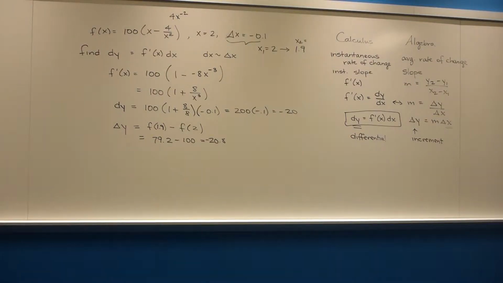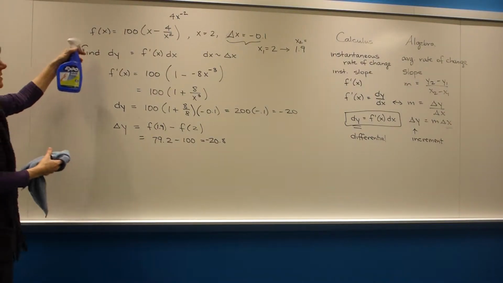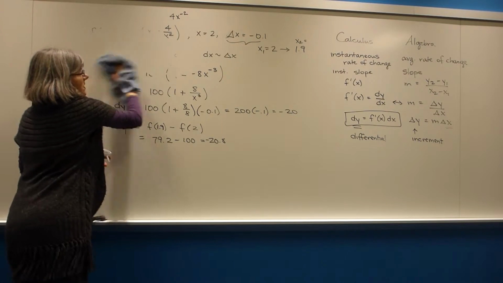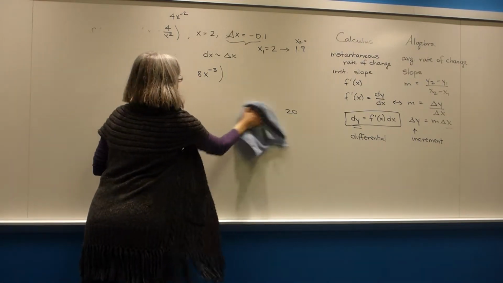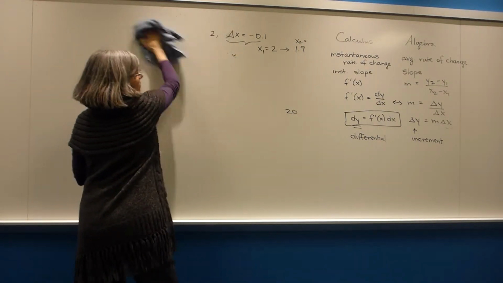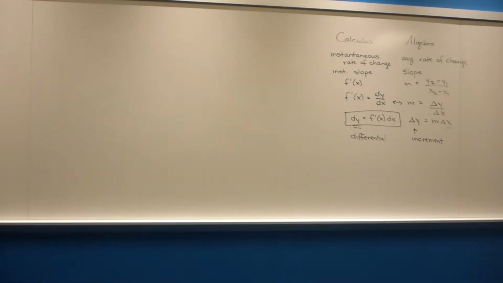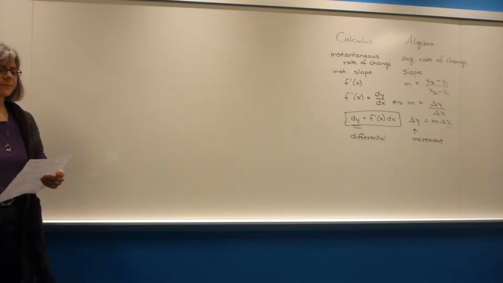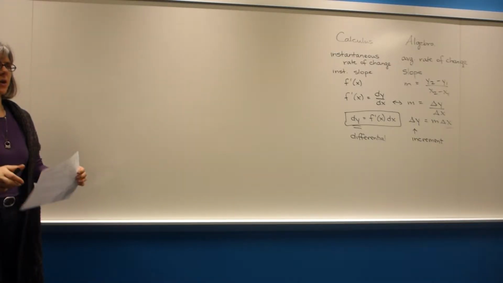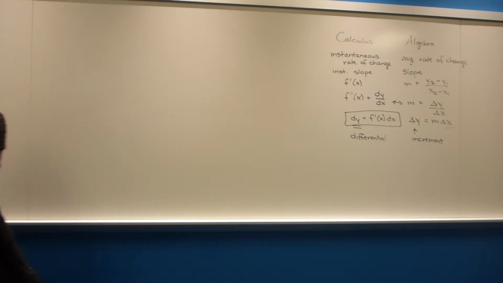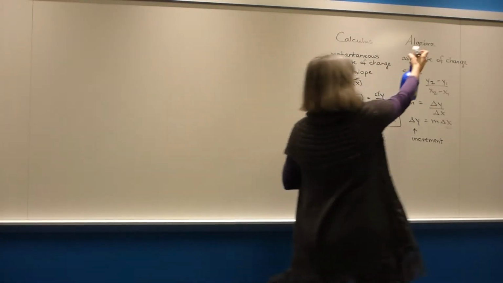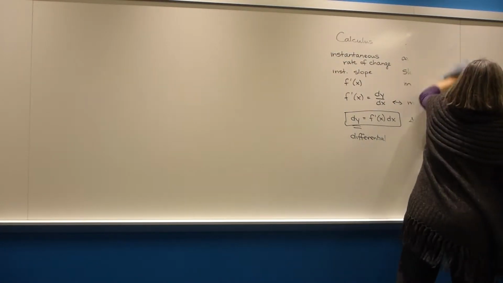Okay, so now we're going to move into section 2.7, and we're going to take this and apply it to marginal analysis, which we sort of already did a little bit of when we looked at the pounds of chocolate based on the price. So I'm going to erase the algebra column, and I'm going to put up a list of business